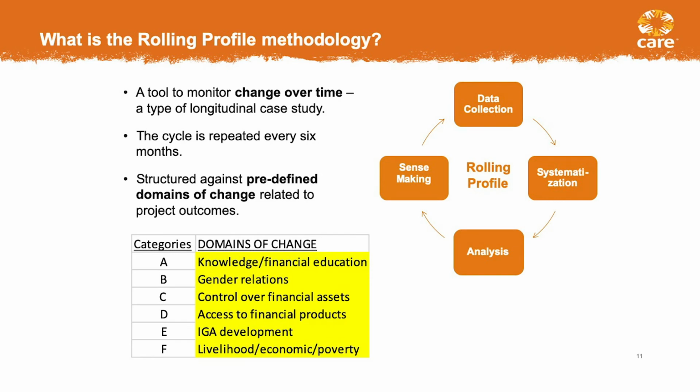So the rolling profile methodology is an approach developed by CARE Canada for our development projects, and it's something I've been looking into and thinking around how we could adapt it for humanitarian programming. So it's a qualitative approach to monitoring outcome and impact, and we have applied it on specific projects in the past. The reason we say rolling is because you start collecting data and carrying out this cycle of systematization and analysis and sense making. You start at the beginning of the project and then you repeat it every 6 months